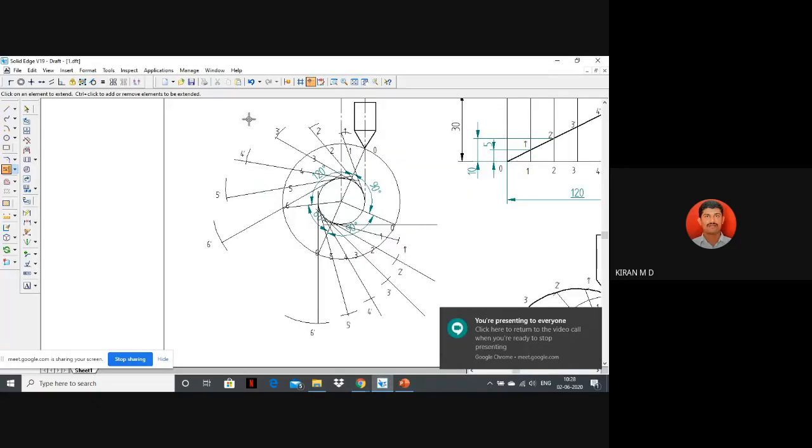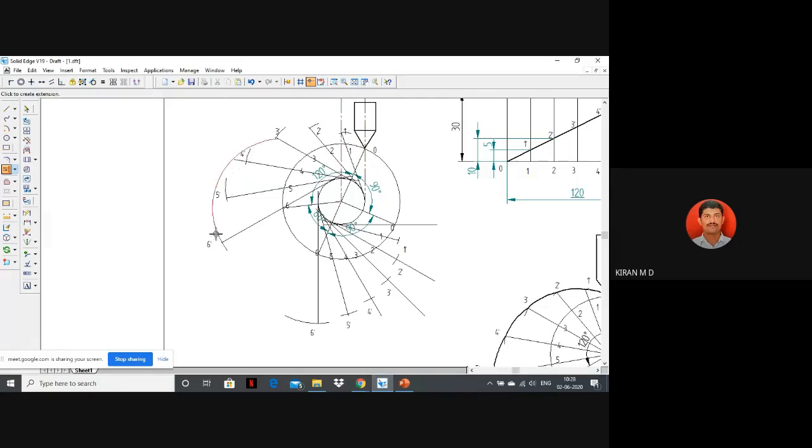So here, now you join from 1 to 0 to 1, 2, 3, 4 dash, 5 dash, 6 dash, like that, using a smooth curve. So for that, what we'll do, I will do here, just join from 1 to